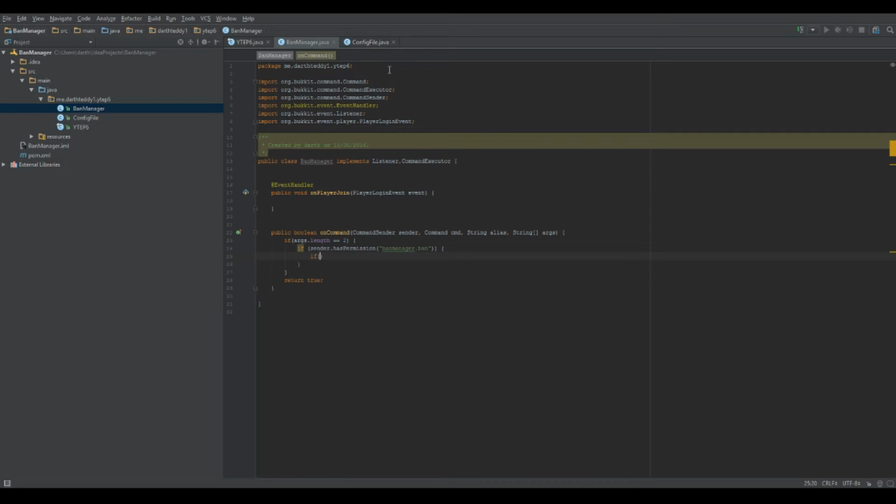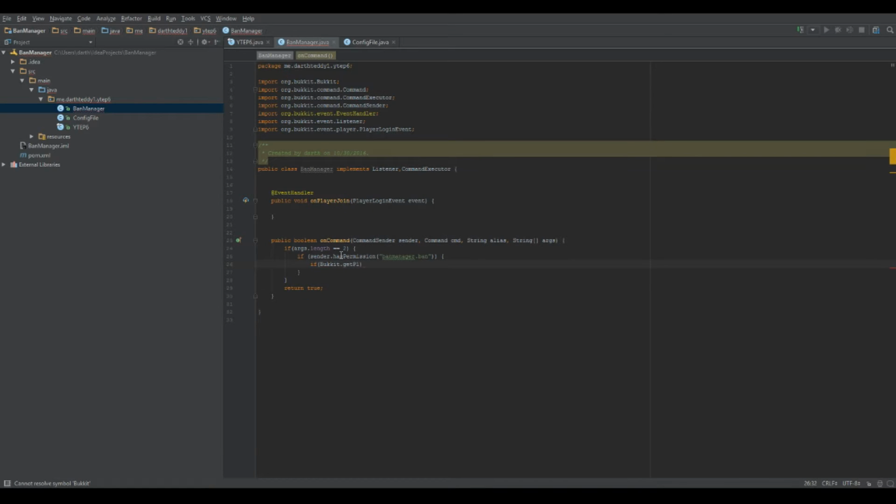then we do if Bukkit.getPlayer. Oh no, wait, why did that not work? Bukkit.getPlayer. So here's how the command's going to look. It's going to be /ban player reason. So we're going to do if Bukkit.getPlayer(args[0]), so the first argument, doesn't equal null. So if the player exists,